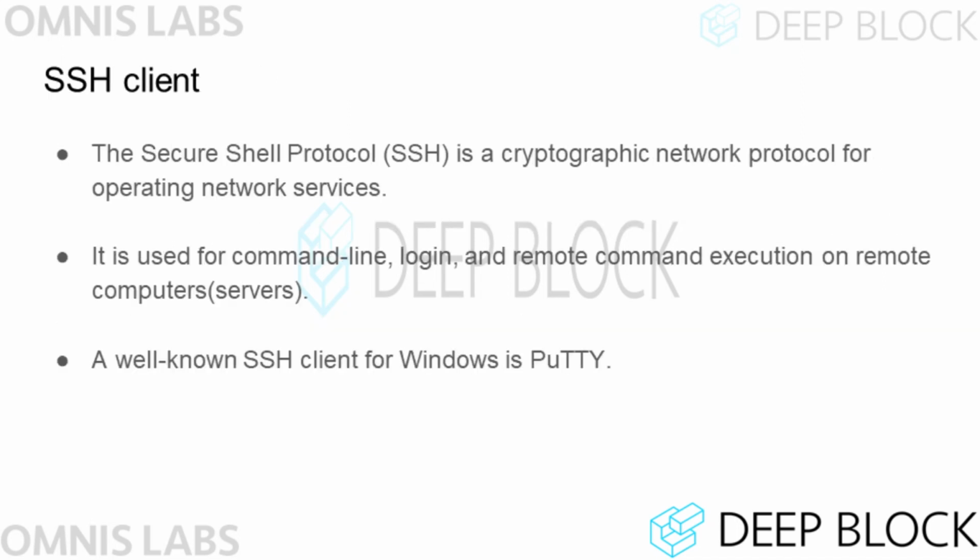An SSH client is a program used to connect to a terminal, a remote server, or a computer. Using this program, we can use any terminal on another computer. In order to connect to any remote server or computer with an SSH client, an SSH server must be installed on the remote computer. However, in most cloud servers such as AWS, SSH server is already installed. A widely used SSH client for Windows OS is PuTTY.